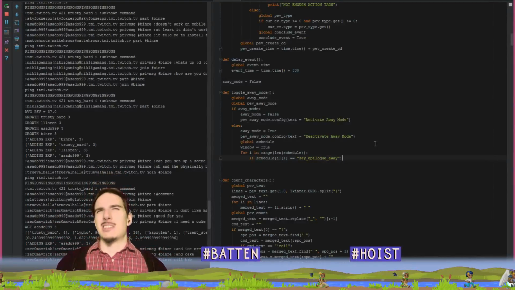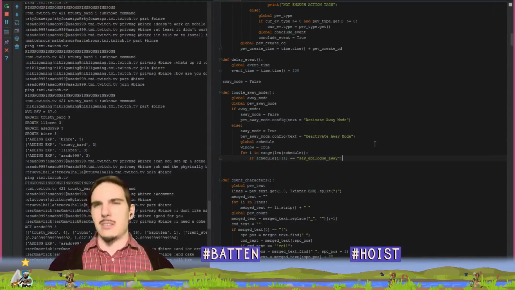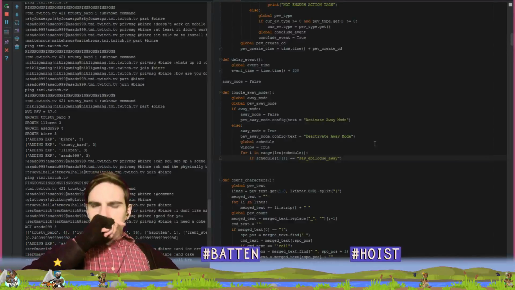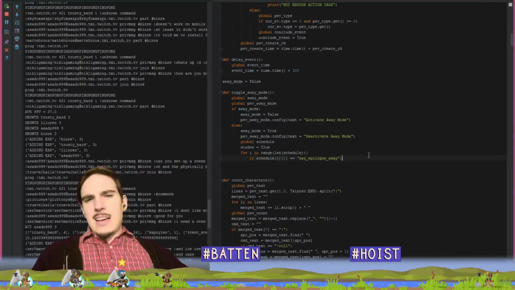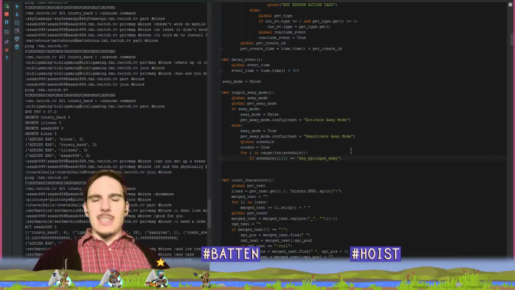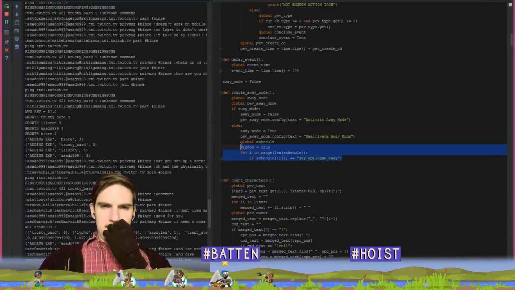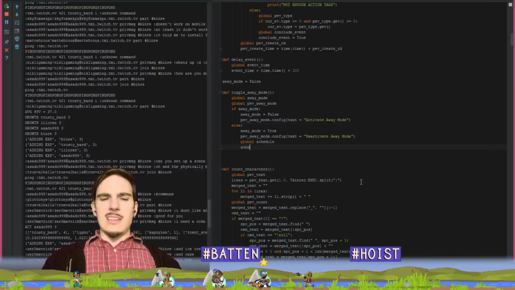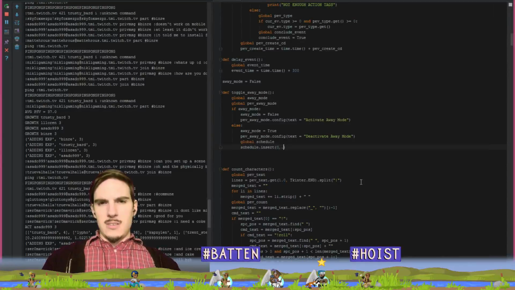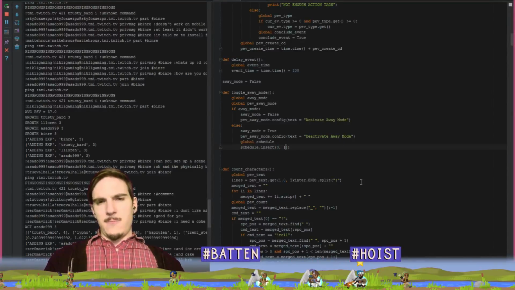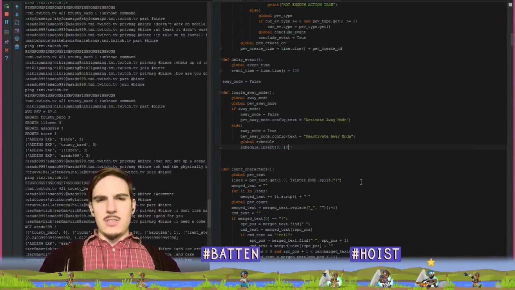Oh, should we be running conditionals on the schedule though from another thread? Maybe that's weird. If I wanted to not be doing that, I could just have a different thing in the schedule. So global schedule, I could just do it like this instead: schedule dot insert at position 0. I think the position goes first. Right, so 0, comma,